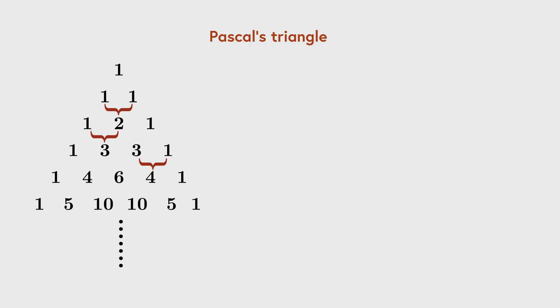Now you generate the next line in a similar fashion. The 2 plus 1 will give you a 3. And the next line, the 3 plus 1 will give you a 4. And you continue this way infinitely, and you will get Pascal's triangle. Now it turns out that the lines of this triangle correspond to the coefficients in our binomial expansions.